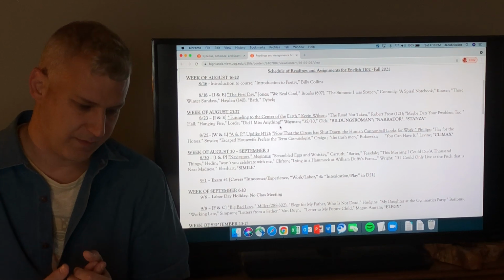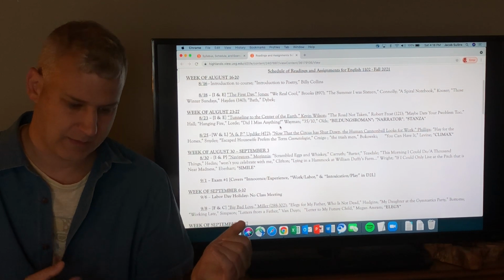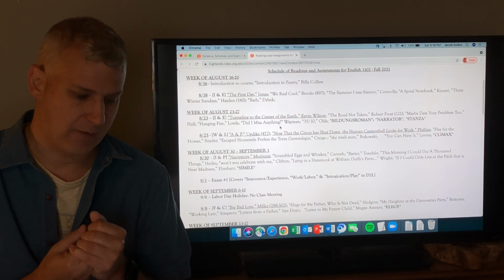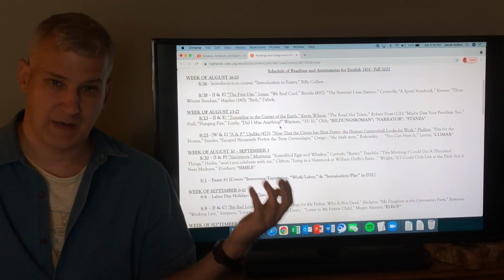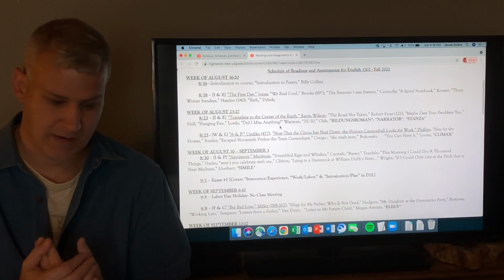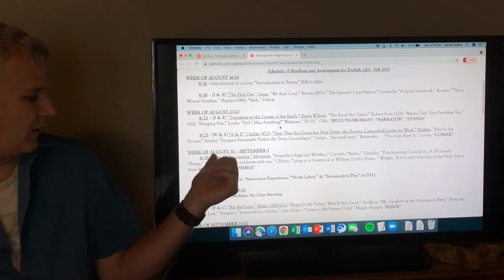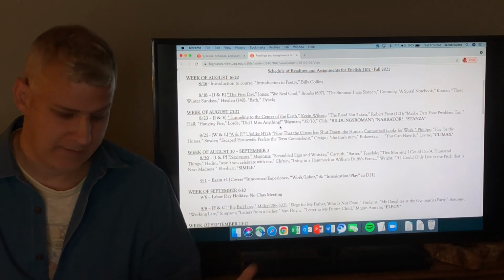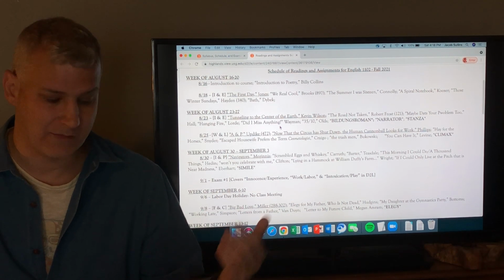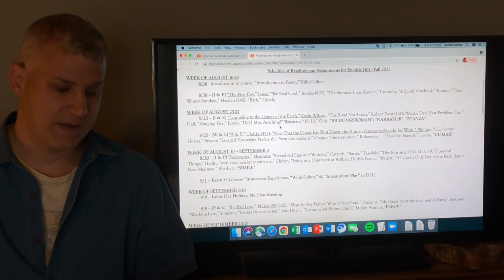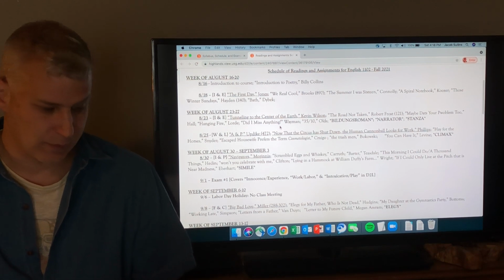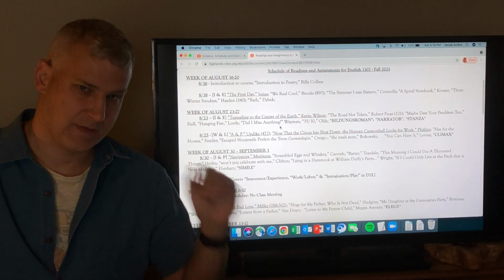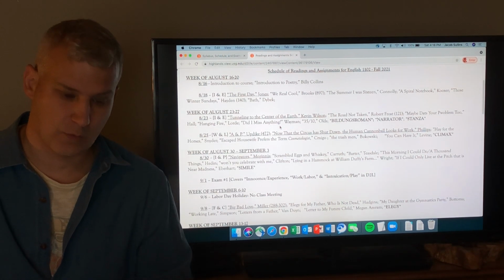For example, the first 2 stories we're going to read are Tunneling to the Center of the Earth and The First Day by Edward P. Jones. Those 2 stories are both Innocence and Experience, sort of coming of age stories. Under Intoxication and Play, Navigators is a story about a father and a son playing a video game together, so it's sort of a play story. The other thing that will become obvious to you is that on each day there is one first text that is underlined. That is the story that we're going to read.